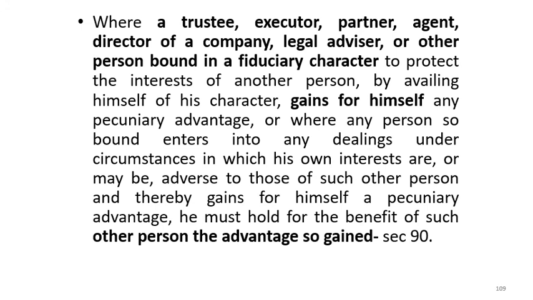Now we will see where a trustee, executor, partner, agent, director of company, legal advisor, or any other person bound in a fiduciary character to protect the interest of another person, by availing himself of his character as trustee or executor or partner, agent, director of company, legal advisor, or any other person bound in a fiduciary character, uses such character to gain something for himself, say any pecuniary or monetary advantage,